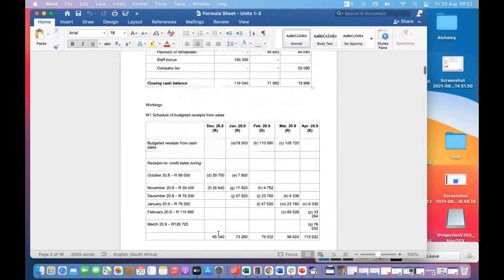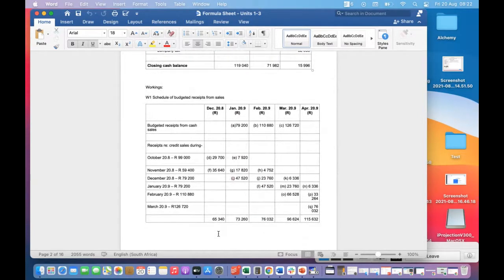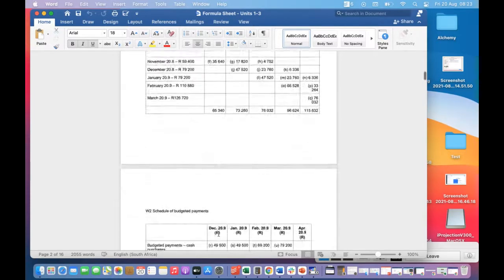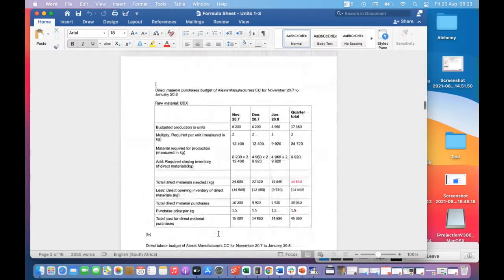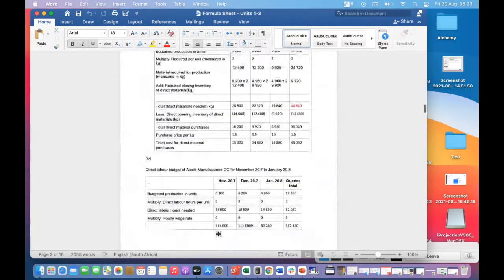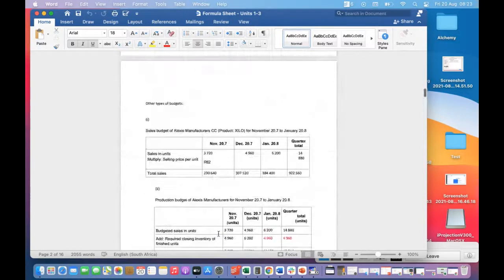So the budget is not hard because typically they'll give you the structure of what they're looking for, or they'll tell you, and then you obviously just need to plug it in. But this is where the work now begins. It's now creating the schedule of budgeted receipts, in other words, a debtor schedule. And now here is where you need to be structured and know how you're actually planning to go about this. Did I include steps as to how to build that? No, I didn't.